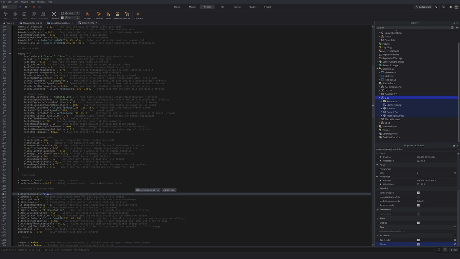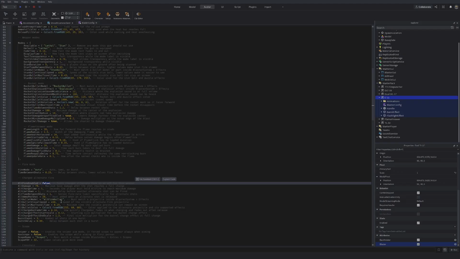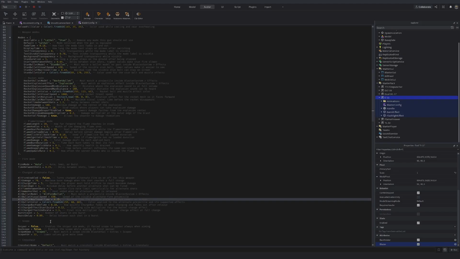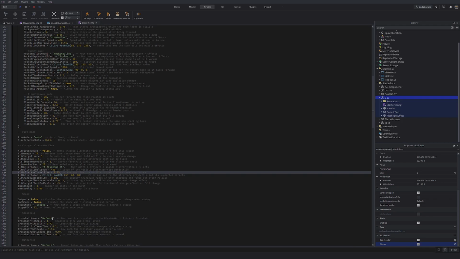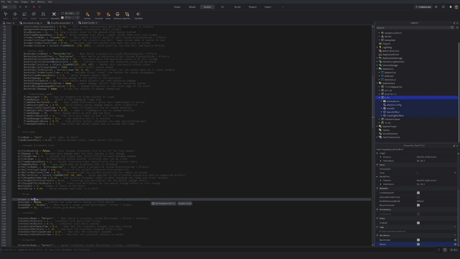This is alt fire, if you want to actually use the alt fire, which the current keybind for it I think is the scroll wheel button. Yeah, it is. If you want to use it, the damage, charge time, cooldown, what bullet it uses, same thing, projectile speed, the color, travel time. Yeah. Now sniper. If you have sniper set to true, no matter when you aim in, regardless of first person or